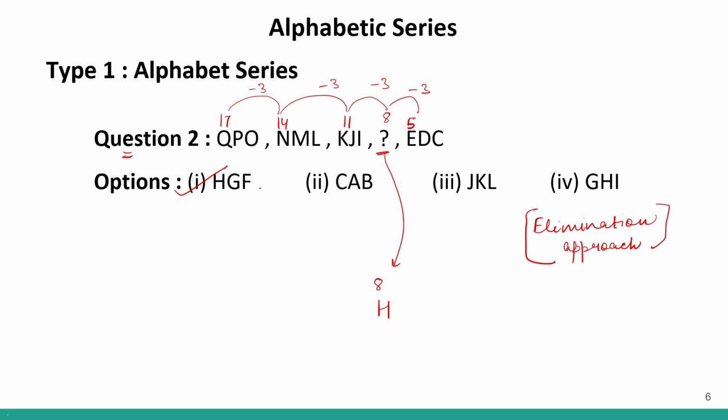But let us solve the entire question. So if I'm talking about the next element, that is P. So P's rank is 16, M is 13, J is how much? J is 10 and D is 4. Correct? So here 16 to 13 is minus 3. 13 to 10 is minus 3. So if I do minus 3, I'll get 7. And 7 minus 3 will give me 4. So the next letter will be at the 7th position. At the 7th position we have G. Okay. Now let us look at the third letter.